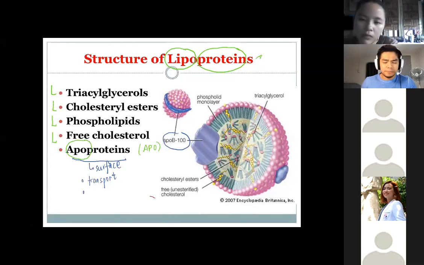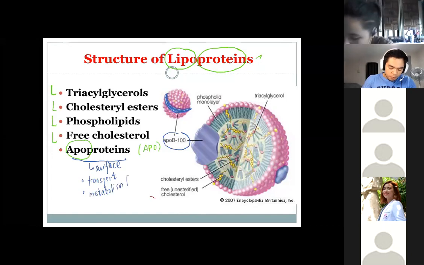Important din ang apoprotein portion for metabolism because apoproteins serve as cofactors. Okay? They serve as cofactors in different enzyme reactions. So I repeat, we have transport, metabolism because they act as cofactors, and finally,